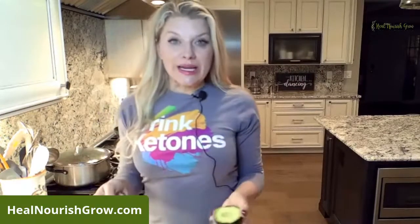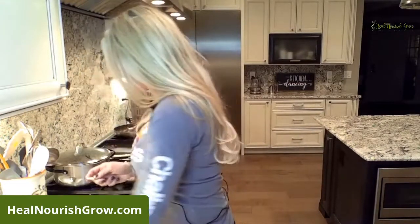But like I said, on an easy weeknight meal like this, I just cut my avocado in half. I took the pit out. Now I'm going to scrape it out with my spoon. Some people like to peel them, but I just feel like it's easier to scoop it out with a spoon. So I scooped out almost the whole thing right there. And the other half,